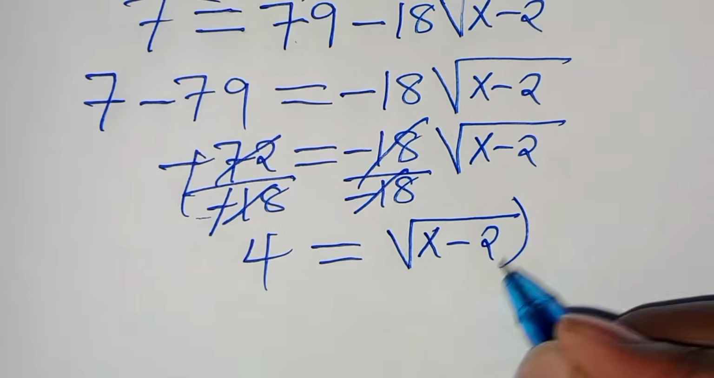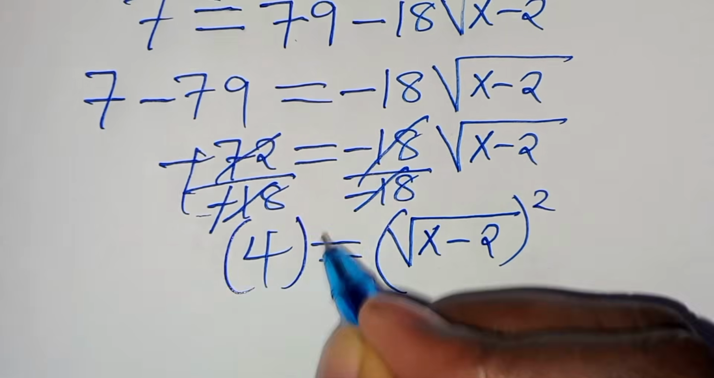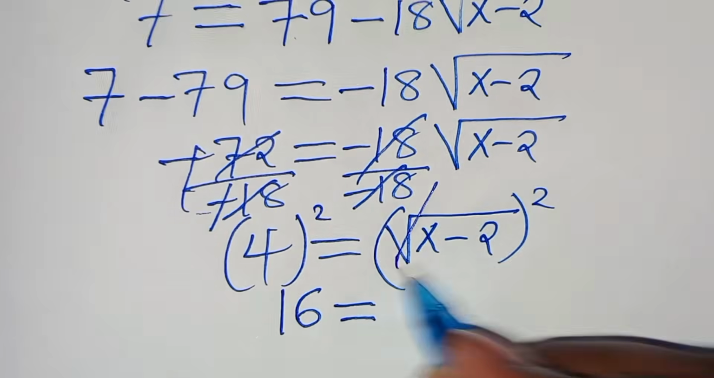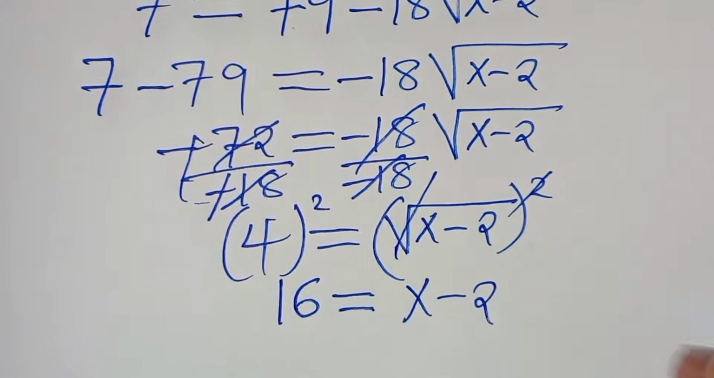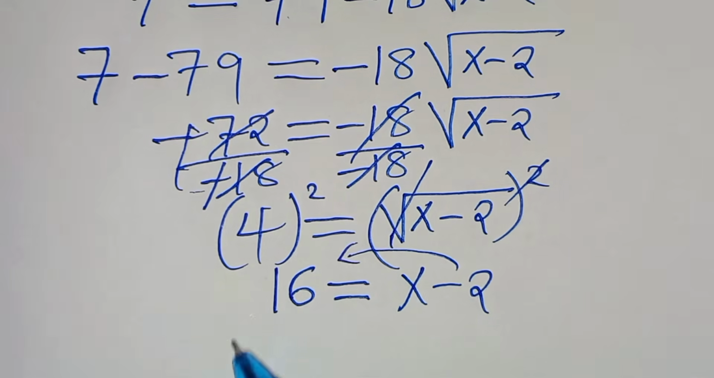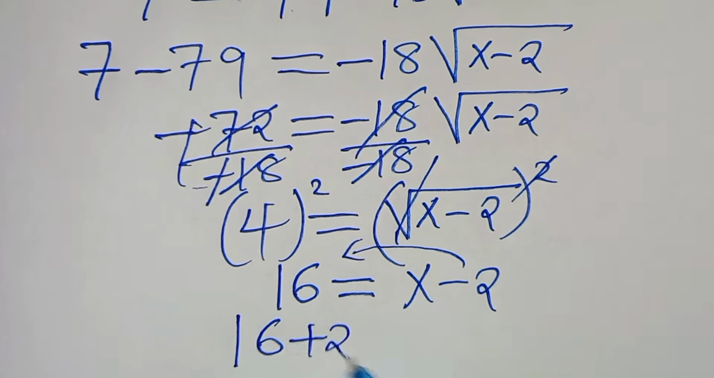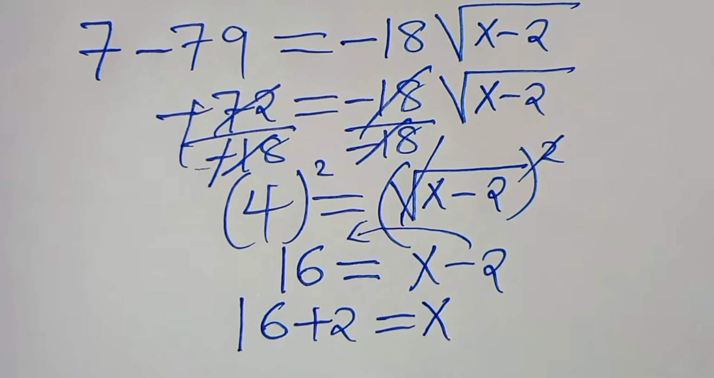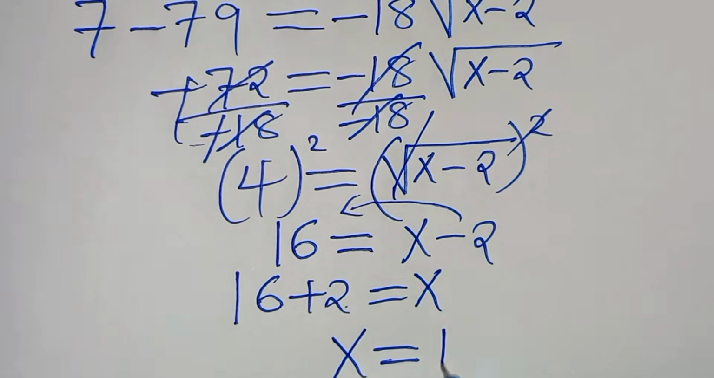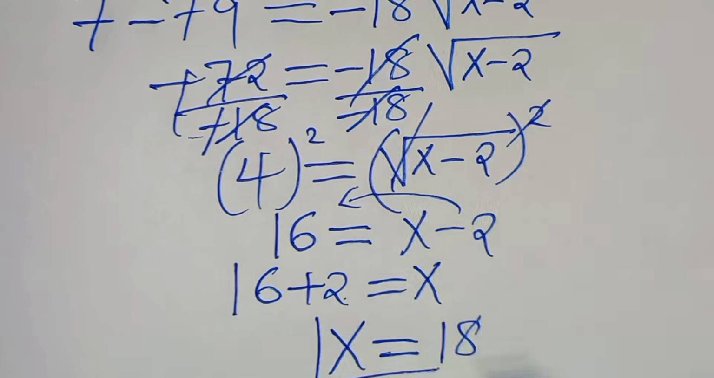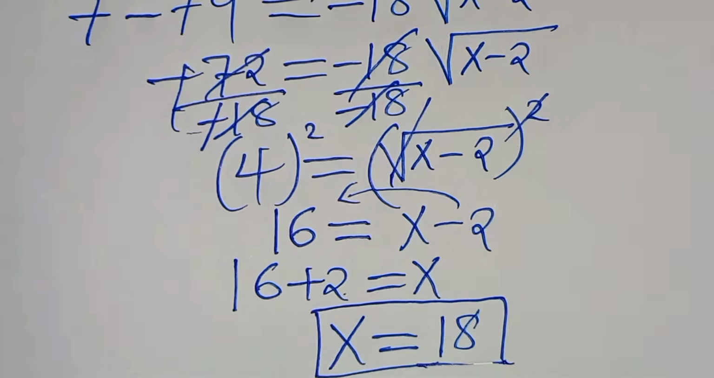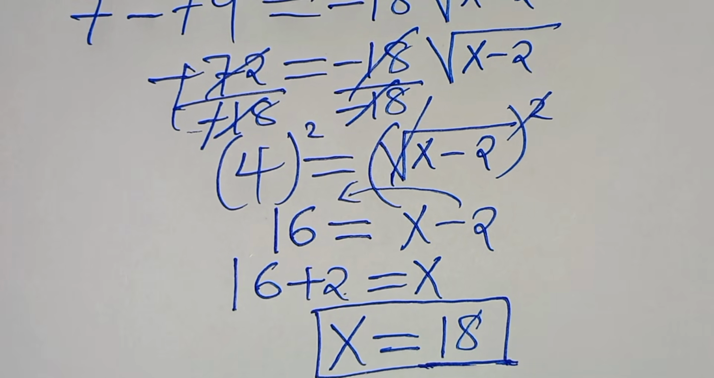The next step is to square both sides, so that 4 squared, this is equal to 16, and this is equal to x minus 2. To solve for x, let's take minus 2 to the left hand side. So this is 16 plus 2, which is equal to x. So x is equal to 16 plus 2, and this is equal to 18. So the value of x, by applying method 2, is equal to 18. The value of x is equal to 18. So both methods